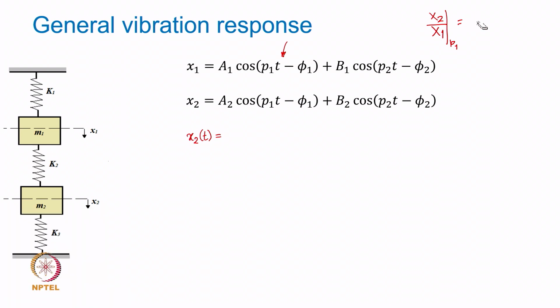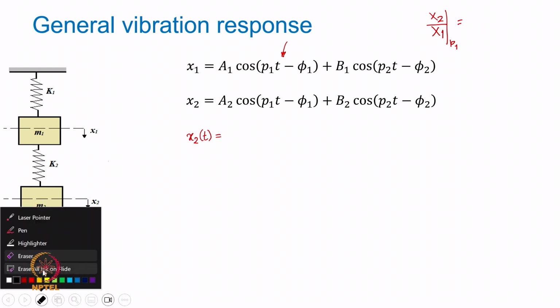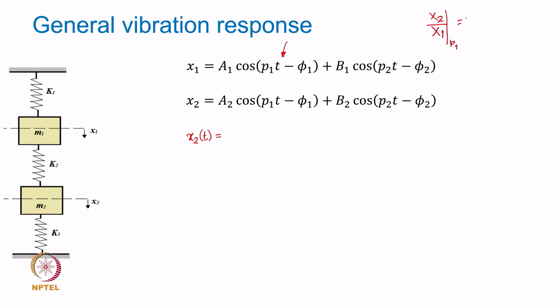You remember that in the previous slide we wrote this amplitude ratio as xr1, meaning the amplitude ratio in the first mode. So, I can write A2 as A1 xr1 cos (P1 t minus phi 1),